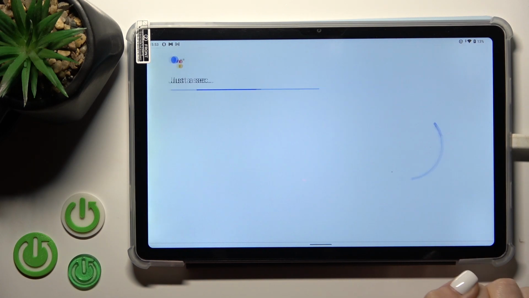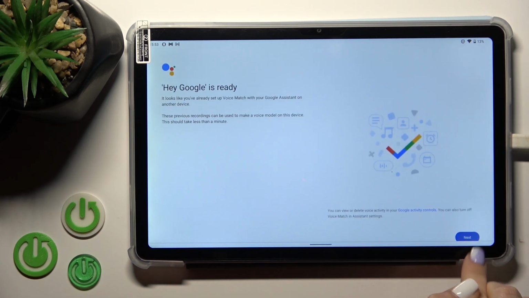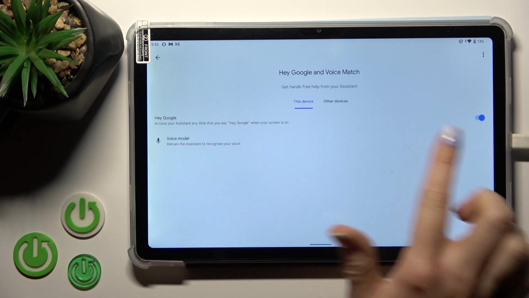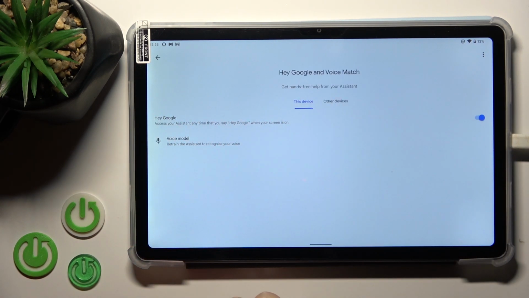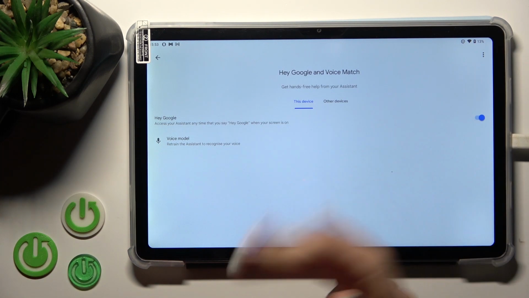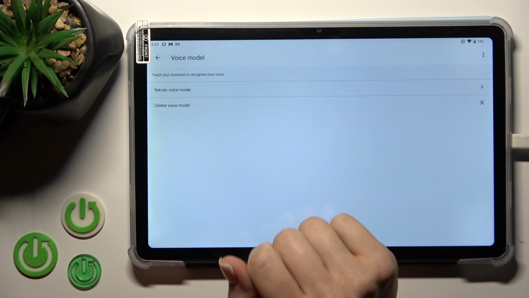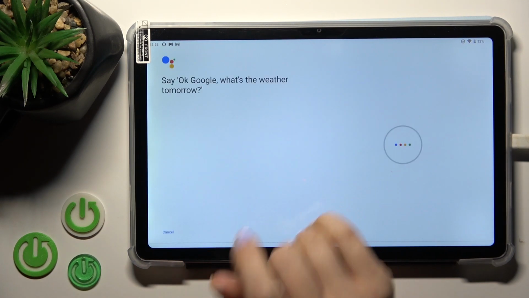Yes, I agree, again, Next, and we can see that the Hey Google option is successfully activated. If you want the assistant to recognize your voice, you should just tap Voice Model and click Retrain voice model and say,